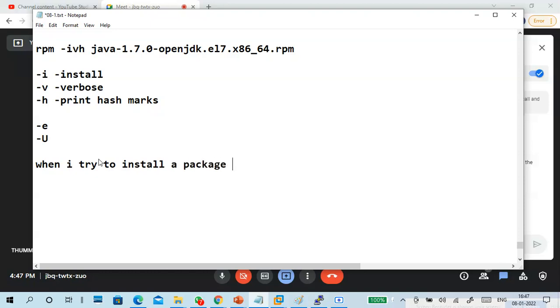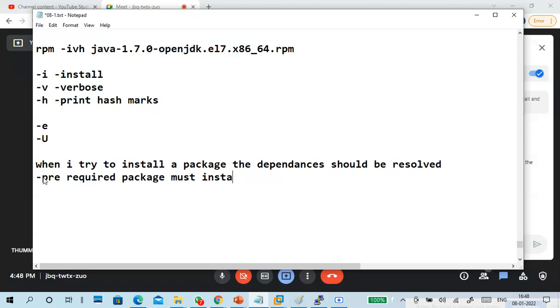It means the prerequisites: required packages must be installed before or along with the package.